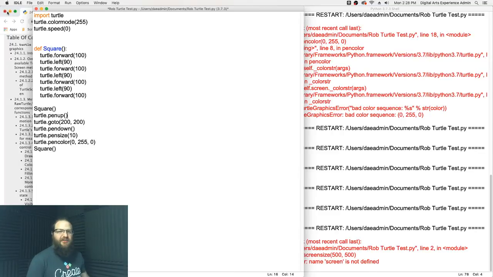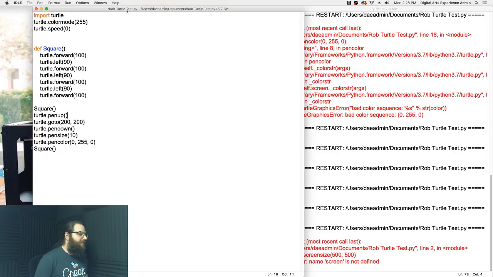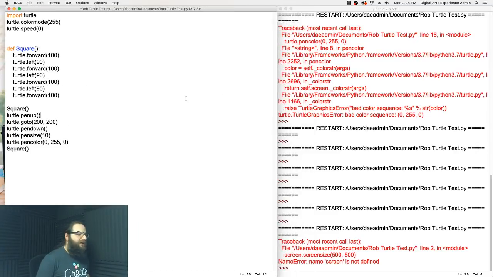The screen size thing is going to drive me nuts. If we have time, I'm going to try to figure it out. But I'm going to let it slide for now. Let's see. I'm actually going to Google it really quickly because this is going to drive me crazy. Change screen size in Turtle. I know I'm doing something wrong. Screen size. Okay, so